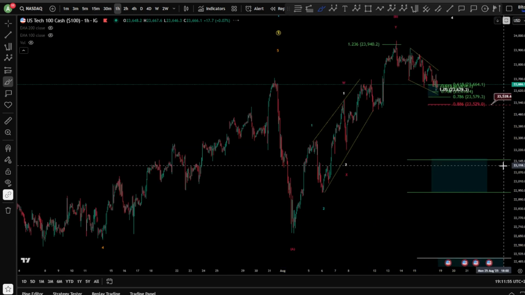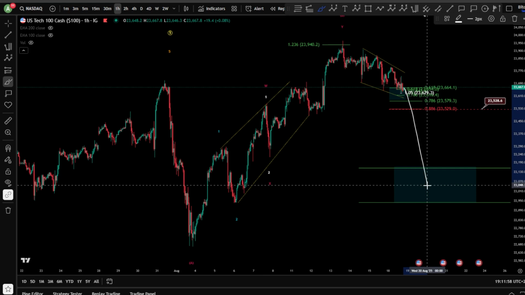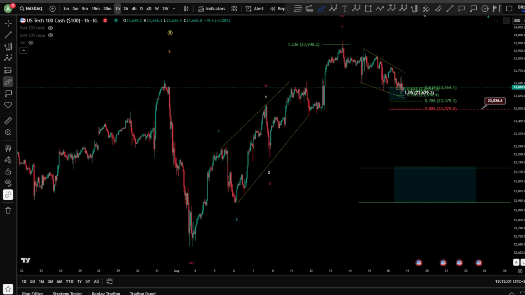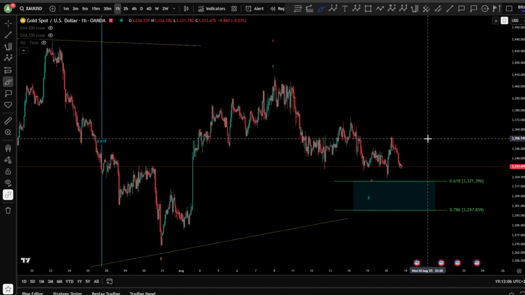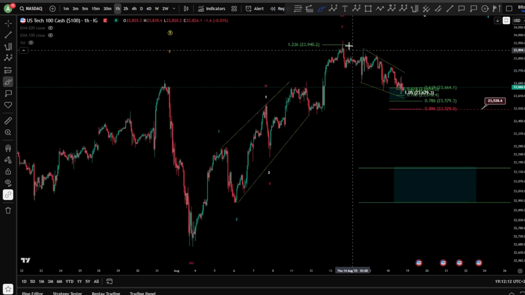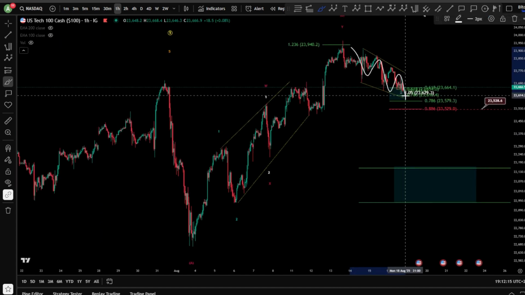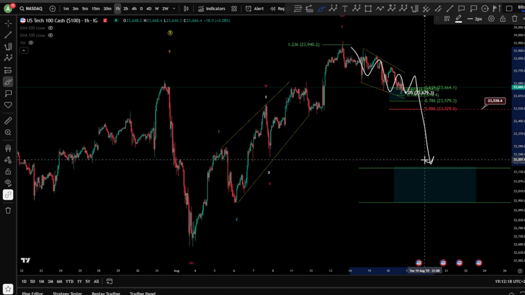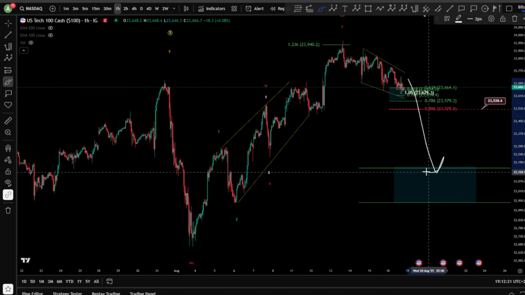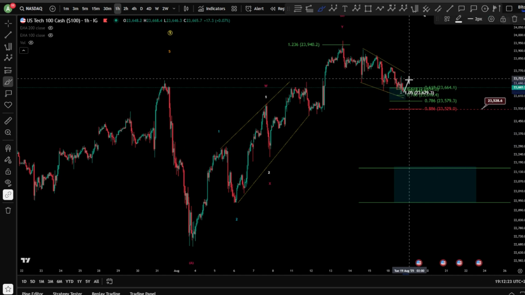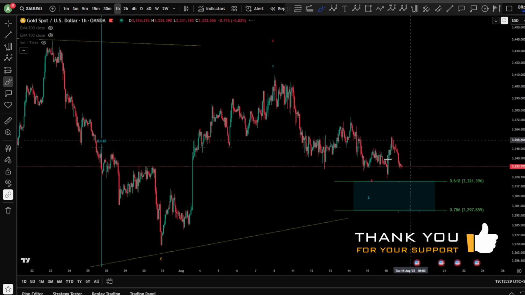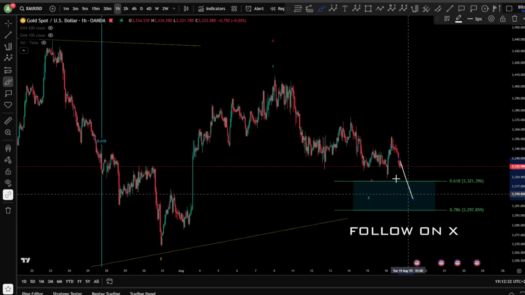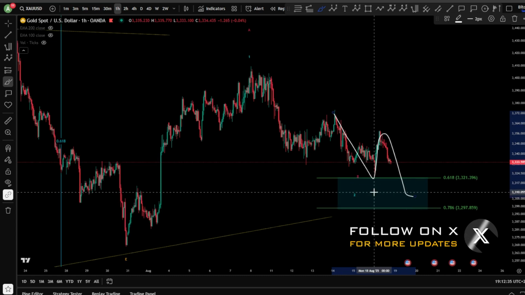I would like to mention as well, without Nasdaq moving towards the downside, towards this blue box, you cannot expect the gold to move higher. So Nasdaq has to move down and start to unfold the impulse wave 3. Yes, it is wave 3. We have a diagonal here, also 1 2. So in confluence, I would like to see this when the gold has started to unfold something towards the downside. Now, I'm expecting higher prices for Nasdaq for wave 2, which might also create a little bit lower for the gold, meaning finishing the zigzag.